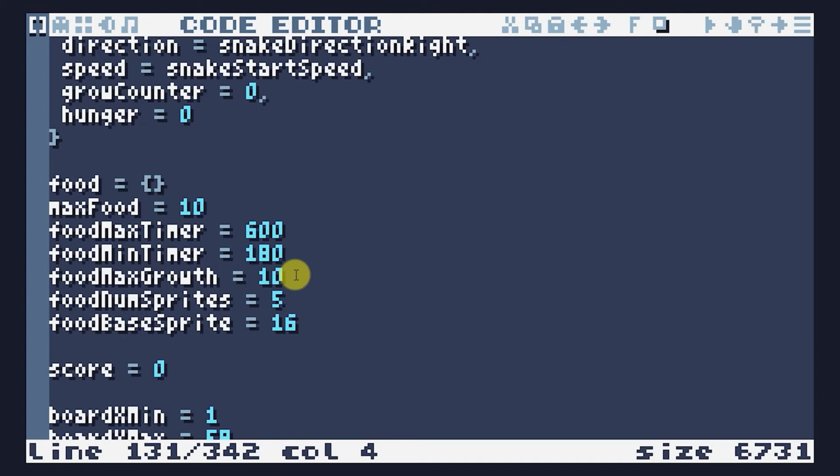And then we're going to have a number of little sprites, which are going to be the actual food objects. So our system is going to randomly choose one of those sprites. So we have to tell it where the base number sprite is and how many they are. So if we go into this little sprite editor here,